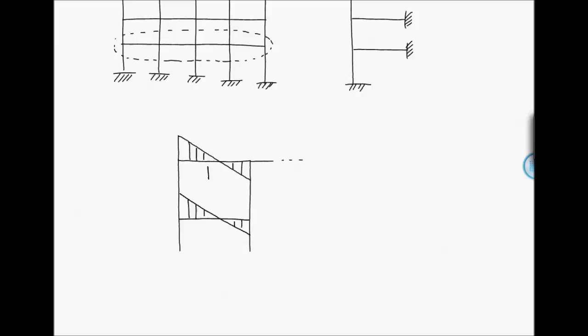So this is beam B1, this is beam B2. Well, if we now isolate the nodes,